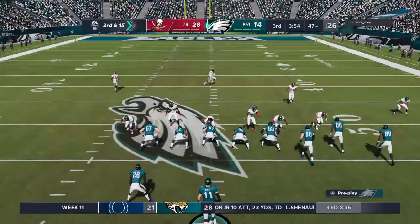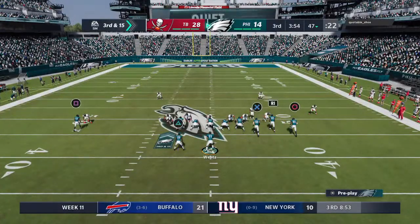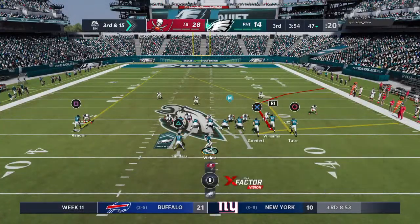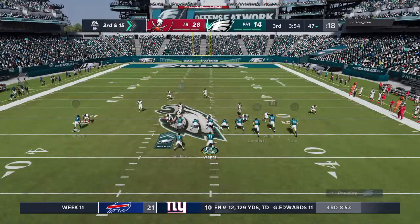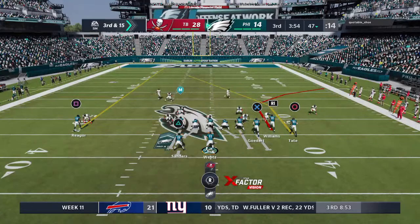This offense in desperate need of a conversion as they come up on 3rd down. Right there. 54. Right there. 54 Mike. Hey, here we go. Mike's 54. Mike's 54. They can't hang